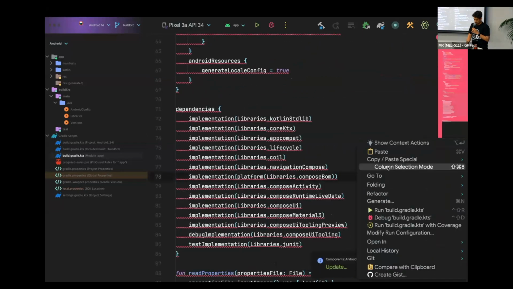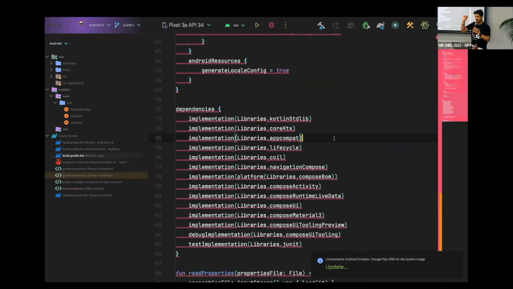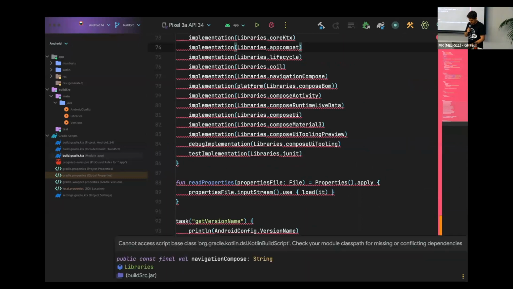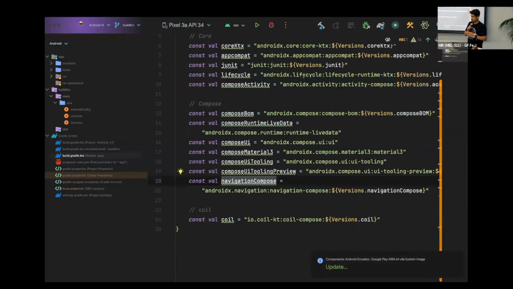And then the implementation of libraries is just a simple reference to the constant that you've declared. And the good thing is, if I command click one of these, it takes me there. It takes me to the exact spot where I've declared it. So I don't have to scratch my head. I don't have to waste hours figuring out where I declared this dependency, which is not performing properly.